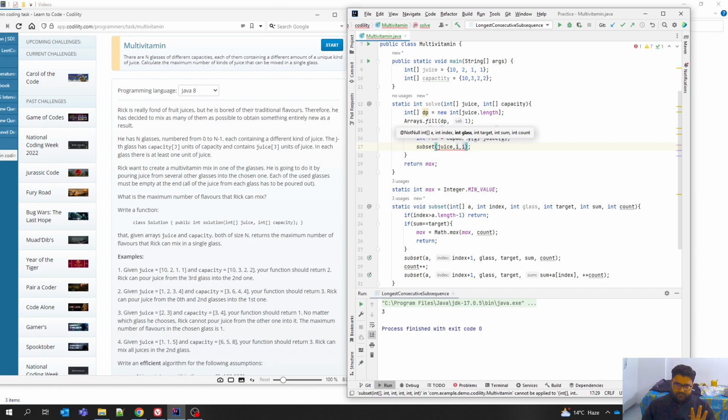because if index equals to, because we have already removed it, when we go to the, we will pick the subset from the zeroth index. We will not pick that anymore, so we will start from the zeroth index, and glass, and target is remainder, sum is zero, and count is zero, right? But if we have the index equals to glass,